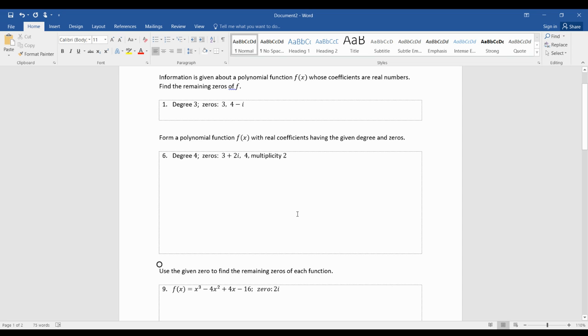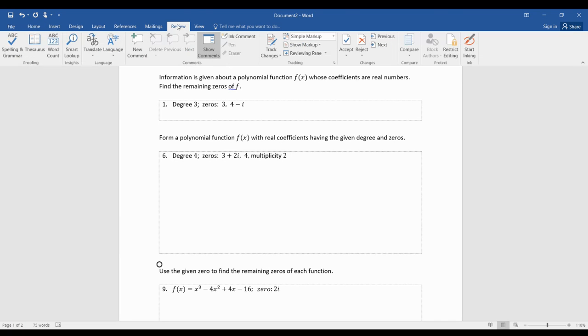I'd like to go over some homework with you, one of each type, so that hopefully that'll address any questions you might have about the homework. Looking at the first part, it tells you that there's information that is given about a polynomial function whose coefficients are real numbers, and they want you to find the remaining zeros. So, if you look at number 1 in your homework packet,